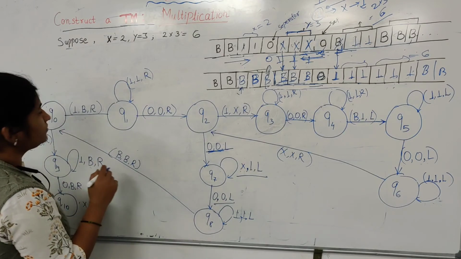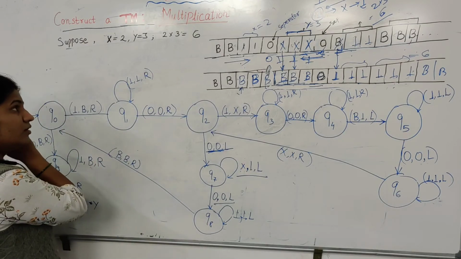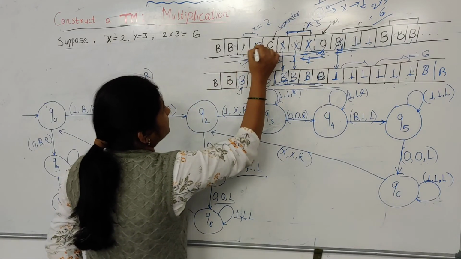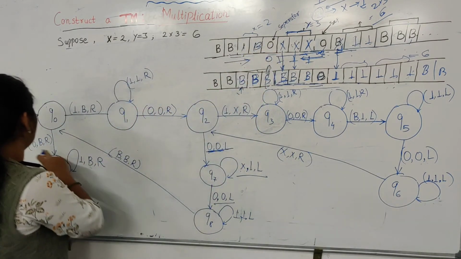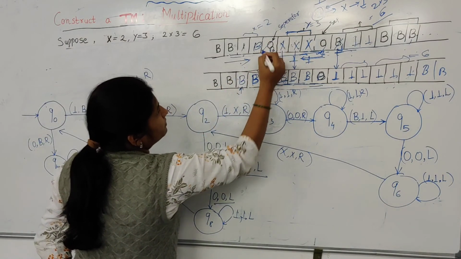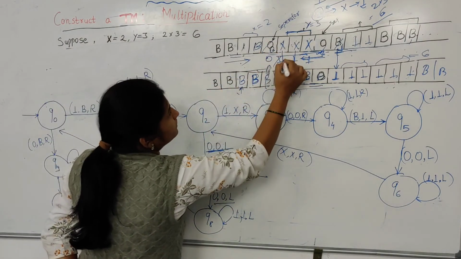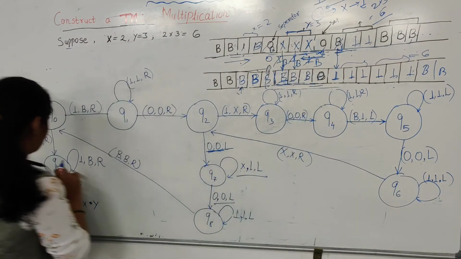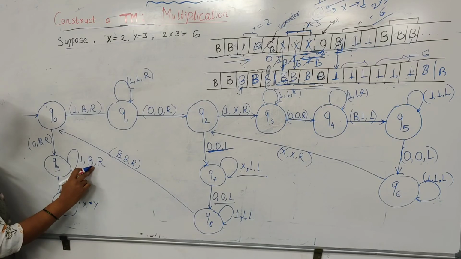Now, here, okay, this one is also replaced by the blank. Now, if we get a 0, this 0 we have to replace with the blank. All the ones we will replace with blank. All these ones will be replaced by the blank. So here we can see all the ones are replaced with blanks, and we have to move towards the right